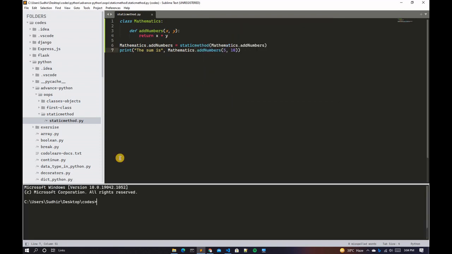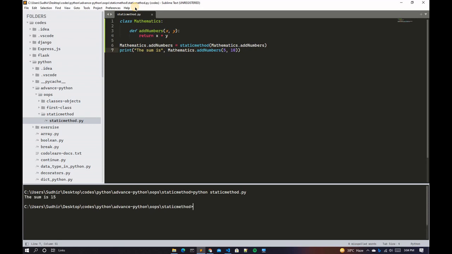So let me open this, and after that you have to go to the Python folder, and inside that go to advanced Python, and then type cd static methods, and then type python static method.py, and wait a while. You can see guys, the sum is 15.